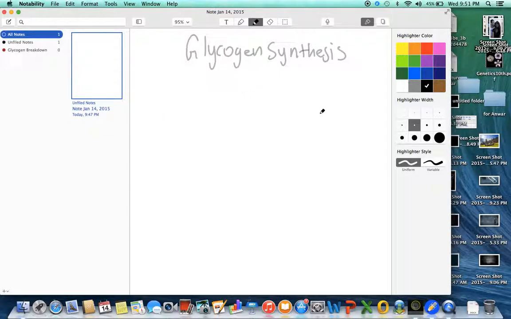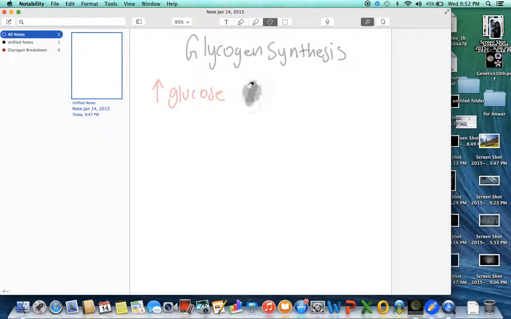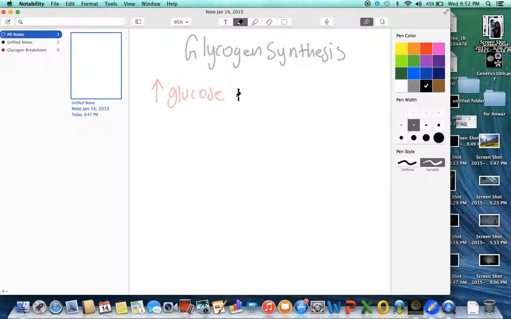Well, we're going to want this when we're in a high energy state. So what does that mean? That means when we have a lot of glucose, a lot of free-floating glucose, and ATP, a lot. So when we have a lot of this small little glucose compound just floating around,